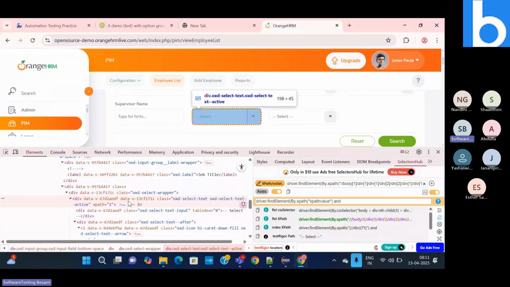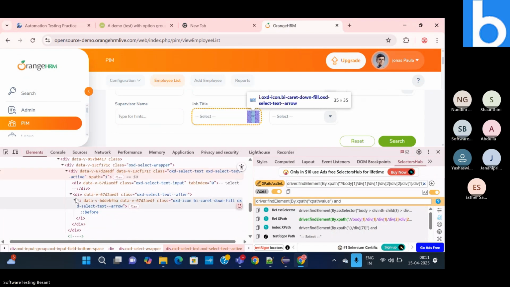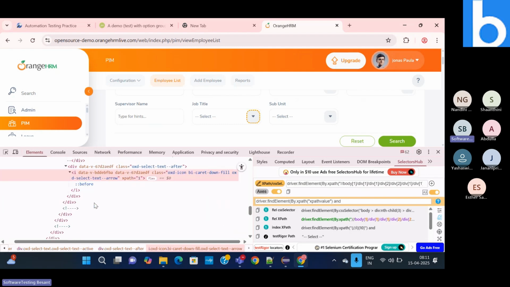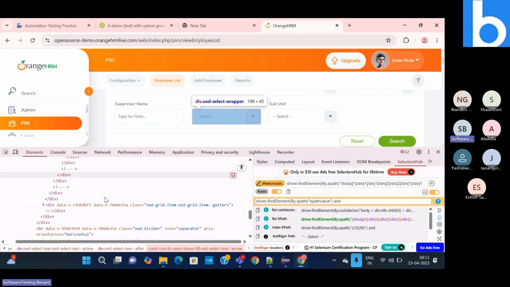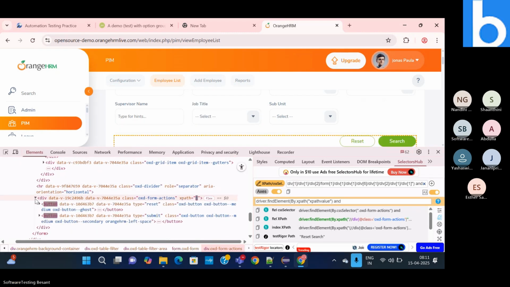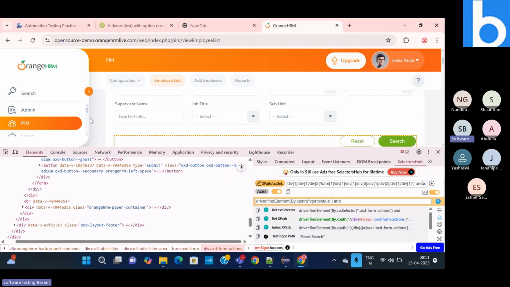It should contain this. One thing should be common for all the list box. Here you can see the attribute role, and this role attribute should be common for all the elements. So I'm not able